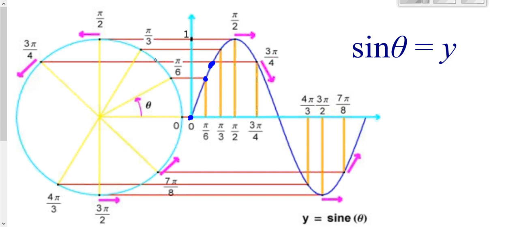At an angle of pi over 3, our y value is here at root 3 over 2. Here at 90 degrees, which is our pi over 2 in radians, we're at a y value of 1 because it's a unit circle, you're 1 unit up. Then you start coming back down here. You'd be at 2 pi over 3, same height as your pi over 3. At 3 pi over 4, you're at the same height as you were for your pi over 4. And then we keep doing that and plotting these points all the way around your unit circle